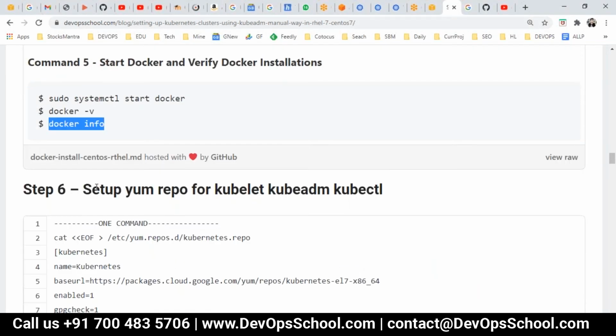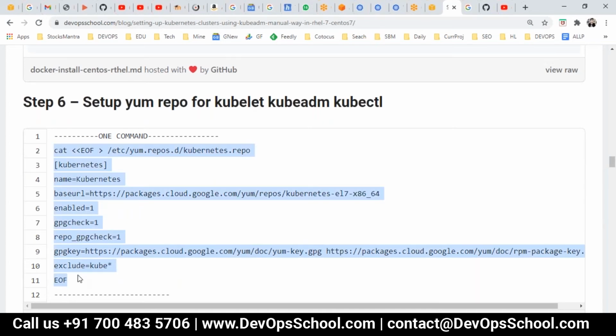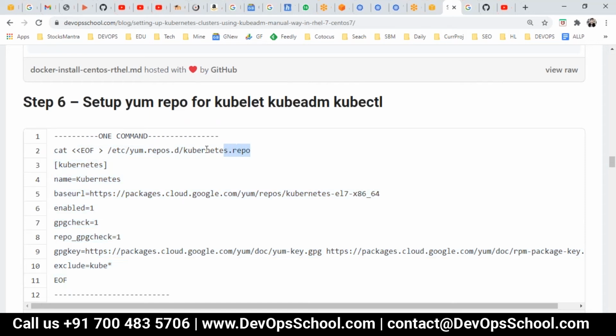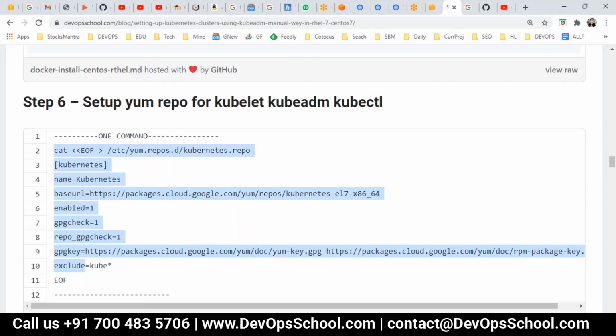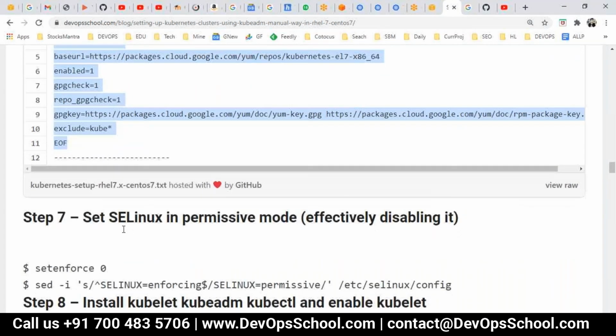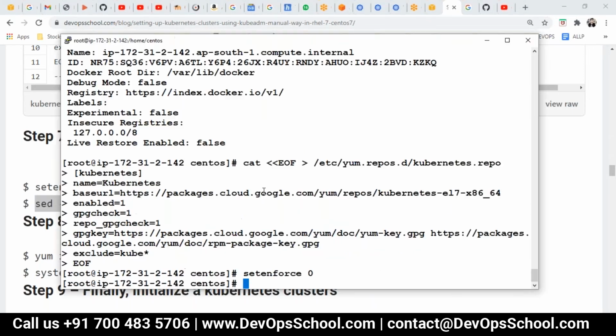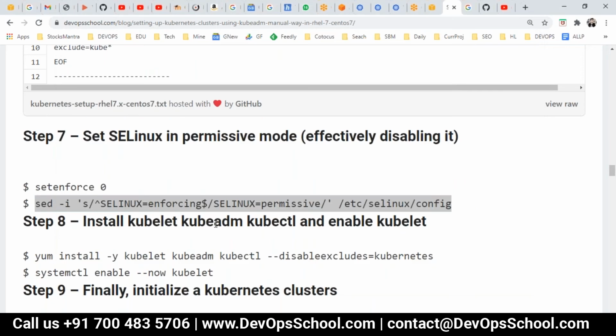Great. Now guys, just look at it very carefully. This is one command, basically. What this will do, if you look at this, is add one repo called kubernetes.repo, and this repo has all the tools like kubelet, kubeadm, kubectl in one repo itself. The default repo does not have them, so you have to run this command in one go. Done. After this, you have to set enforce 0 for the SELinux permissive mode. But you have to run this command also. Sometimes I have seen that it's not changed, so this command will make sure that it's changed.